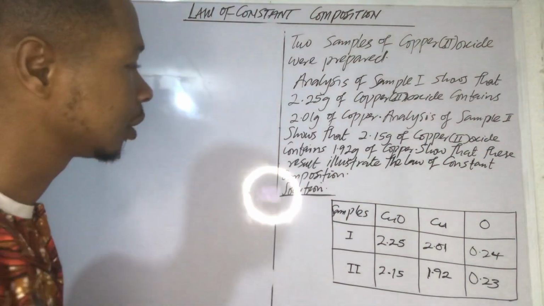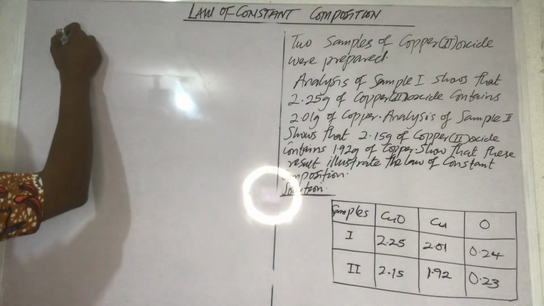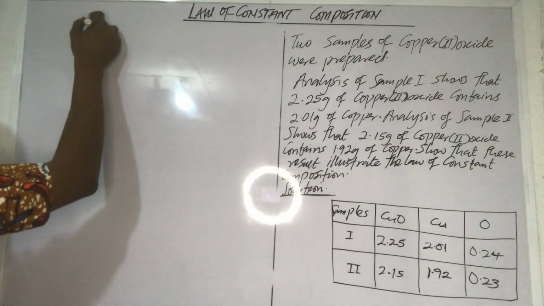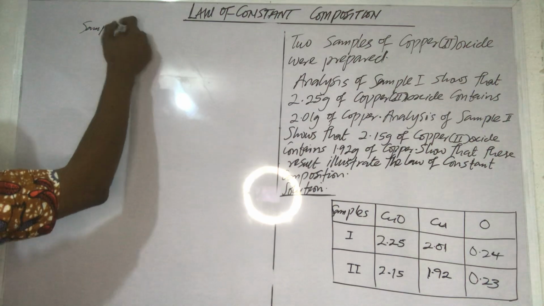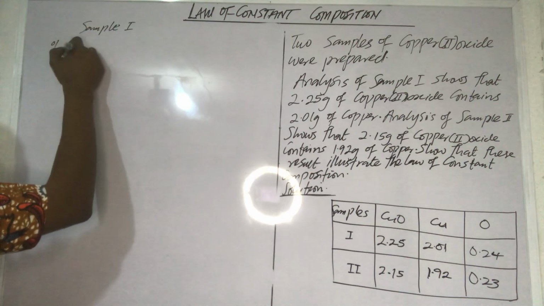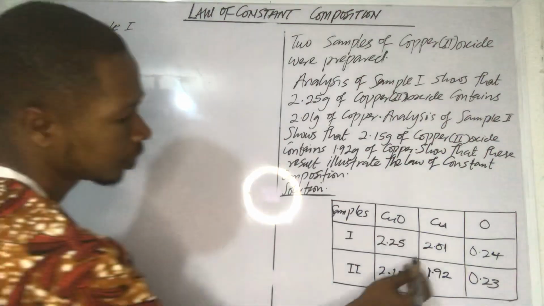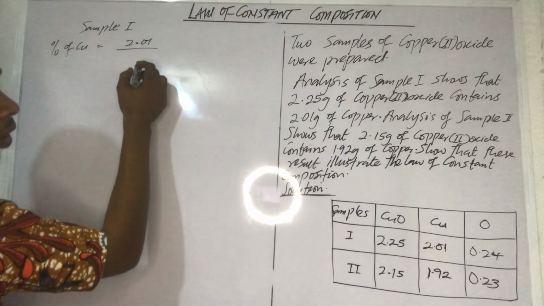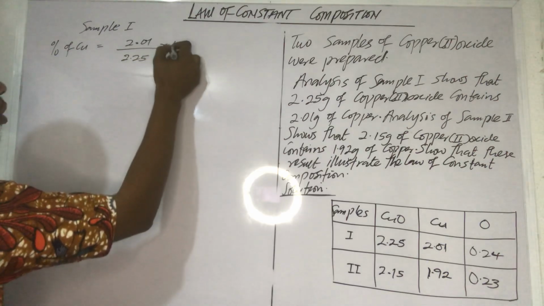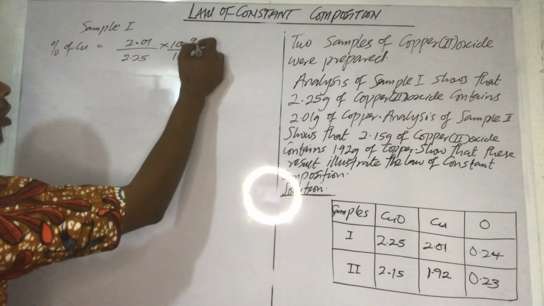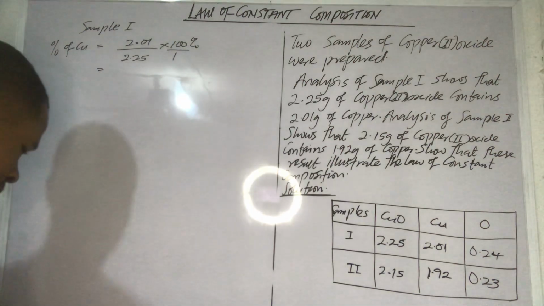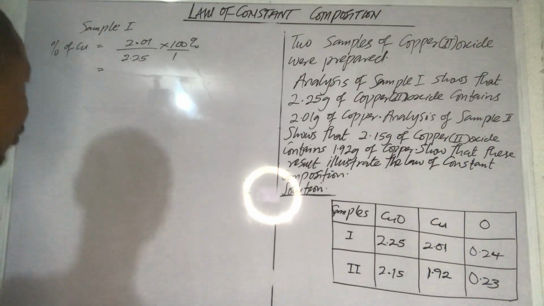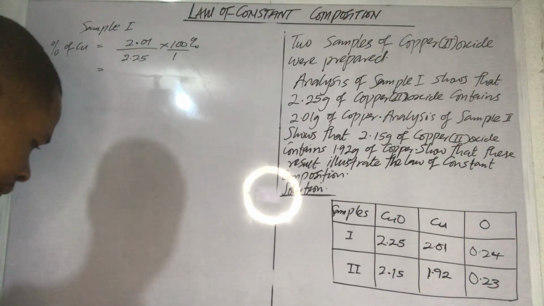Now, let's look at percentage. Now, you have percentage of copper. Let me go to sample 1 first. Sample 1. Percentage of copper. This is the mass of copper in sample 1, 2.01 over 2.25 times 100 over 1 as a percentage. You have 2.01 times 100 divided by 2.25. So you have